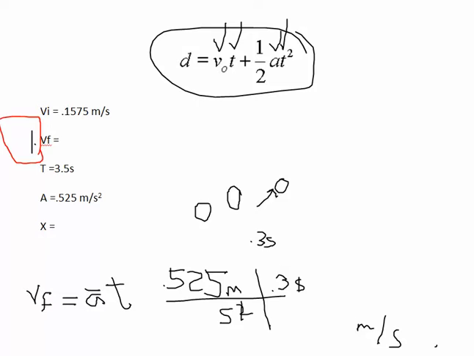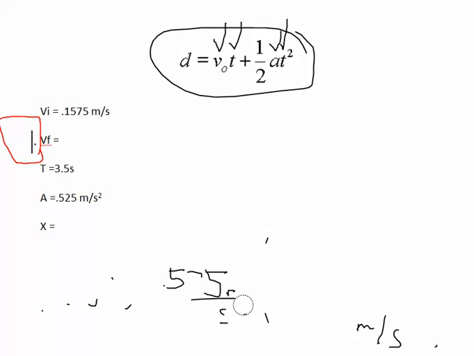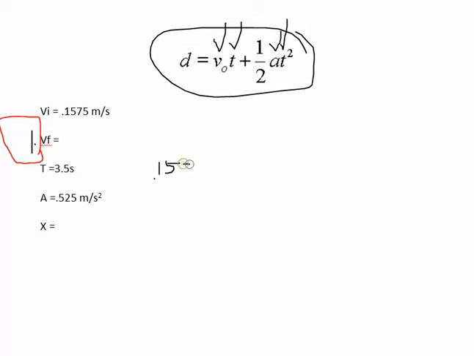Let me erase all this. I have my velocity now because I found it. I have my acceleration, I found it. Both things I can get right from the graph. Right? And again, I'm not really looking at the question, I'm just getting those values. Now I have initial velocity, 0.1575 meters per second, times my time, 3.5 seconds,